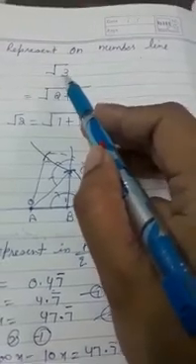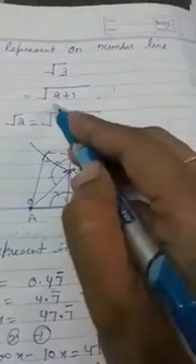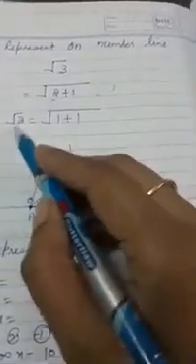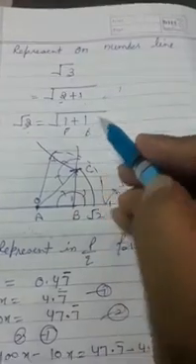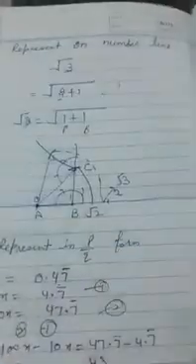Here root 3, we will use the Pythagoras theorem. Now 3 can be written as 2 plus 1. Square root of 1 is 1, but square root of 2 is in decimals. So firstly we have to draw square root 2 on the number line. For this we write it as 1 plus 1. Here we take 1 as perpendicular and this as base. Now on the number line we take a distance of 1 unit.